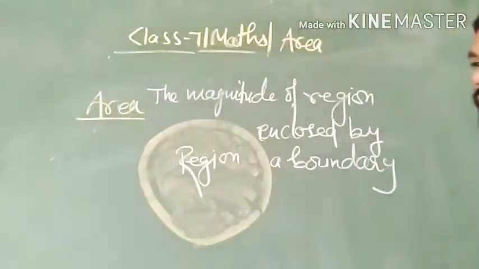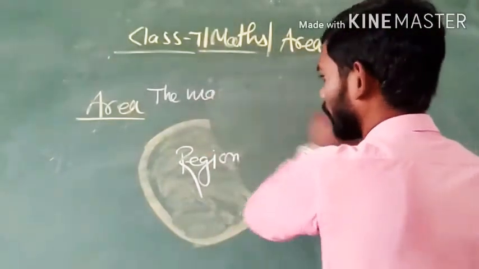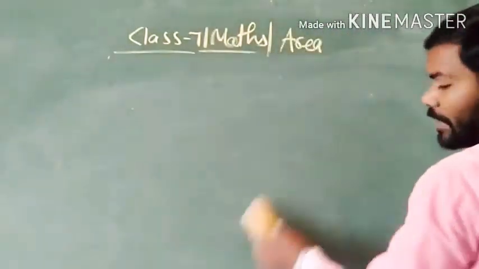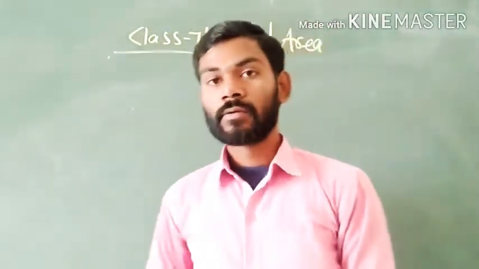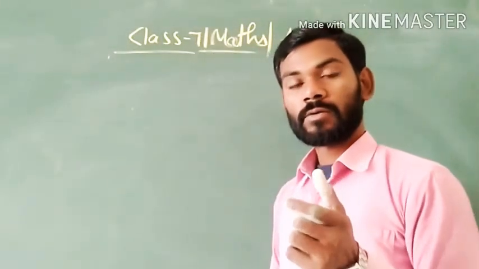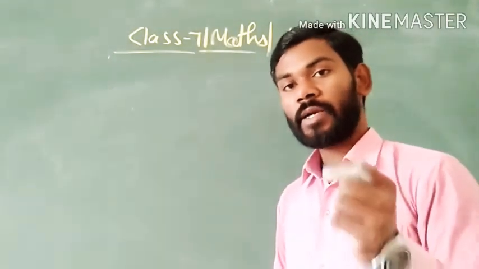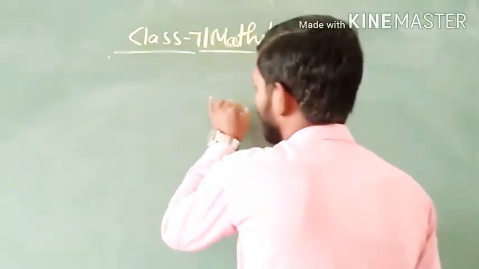In the starting, when there was no knowledge of formula, men used a method to find out the area of a closed figure or of a closed shape, using the method of dividing the area into small and equal squares. Okay? So just suppose that